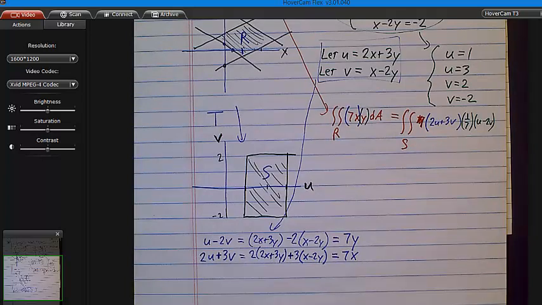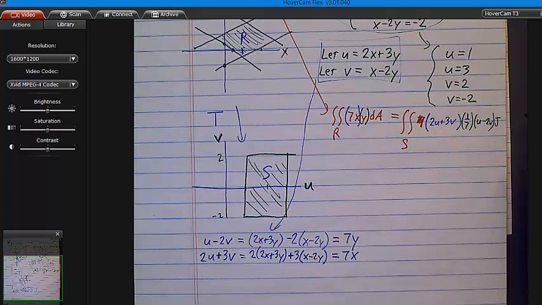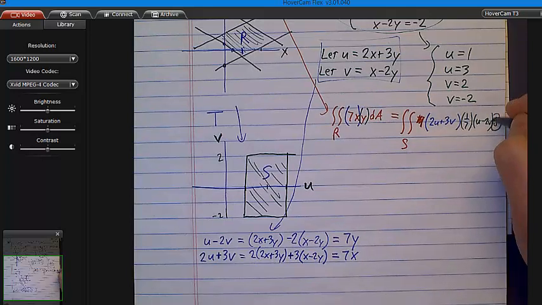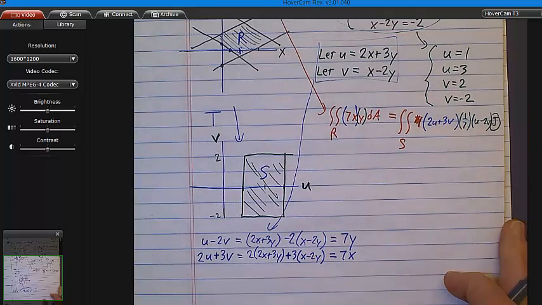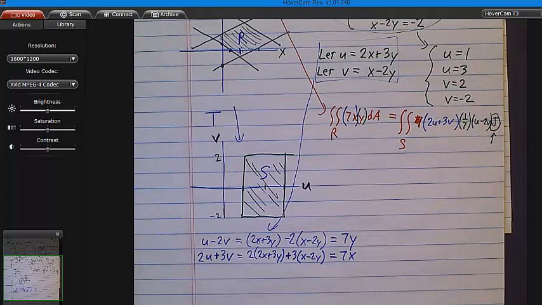And then times what? Well, here's where I'm going to write down J. I'll put a little circle around it. And I'm going to say I ran out of room on the paper. But you need to multiply by J, the Jacobian. That's what this theorem is saying